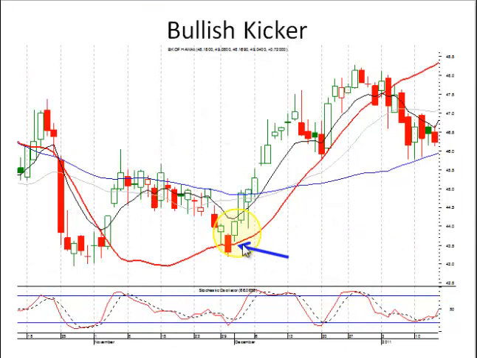Or your support area can be one of the moving averages. Also right at the same level that it bottomed out before. We're looking for as many elements as we can to analyze a chart to see when the bulls have taken control. And we definitely know they've taken control when they gap it up and start moving the opposite direction.